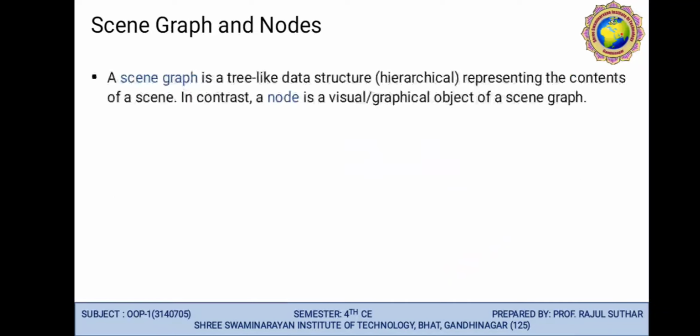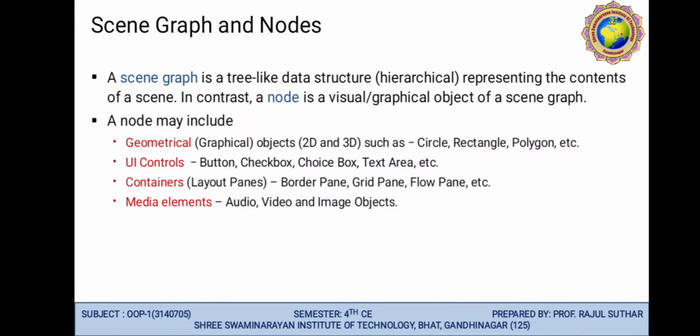Scene graph and node. Scene graph is like a tree data structure, hierarchical. It represents the content of the scene. In contrast, a node is a visual or graphical object of a scene. Nodes may include geometrical, meaning graphical objects, 2D and 3D, such as a circle, rectangle, polygon.